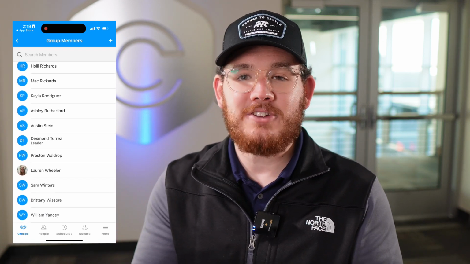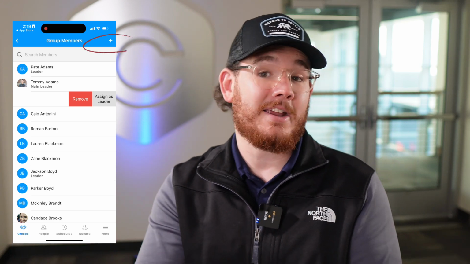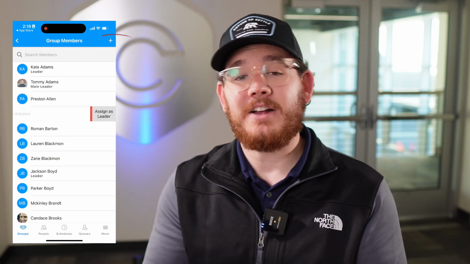Next one on the list here, you'll see Members. This lists everyone in your group roster. You can click on it and see their profile information. It also shows who's the main leader and who some of the associate leaders of the group are. You have the option in here to add people to this roster via the plus sign on the top right-hand corner of your phone. You can remove them by swiping left and choosing Remove,